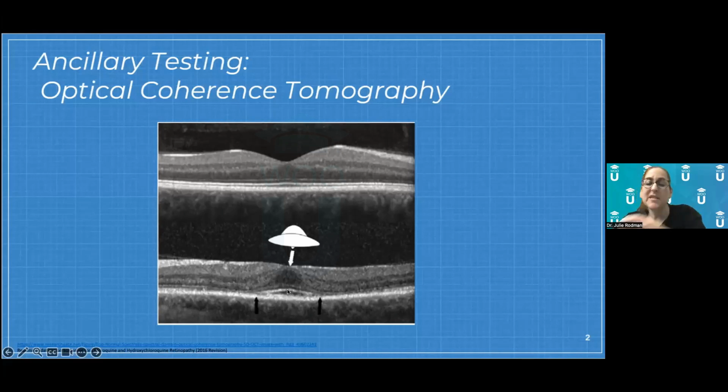So what happens is because there's loss of the PIL here and here, the neurosensory retina sinks down into those kind of cavitations, causing what we call a flying saucer sign. That forms because the sensory retina is filling up the space where the photoreceptors are gone. And this correlates with that depigmented area, making it the bullseye maculopathy appearance.